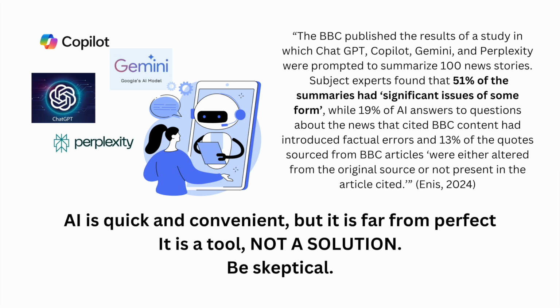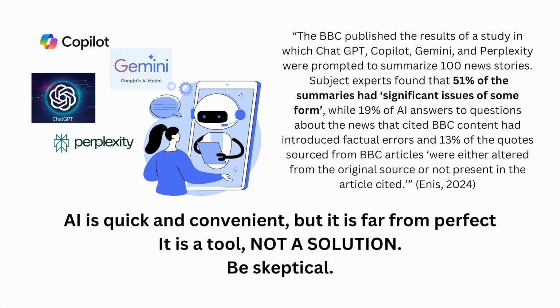This is a segment from an article in Library Journal that highlights why we must be wary when using AI for information such as news stories. The BBC published the results of a study in which ChatGPT, Copilot, Gemini, and Perplexity were prompted to summarize 100